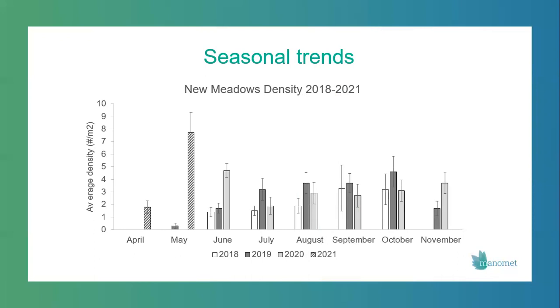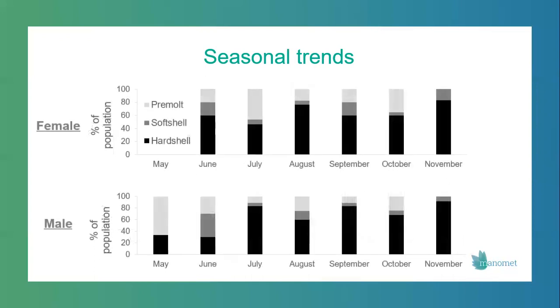But I think ultimately what we're seeing here is that these types of monitoring activities are incredibly important for catching these sorts of population trends and changes in abundance, and then informing what steps we can take for mitigation and adaptation. The final trend I want to talk about is shell condition, and this is pretty specific